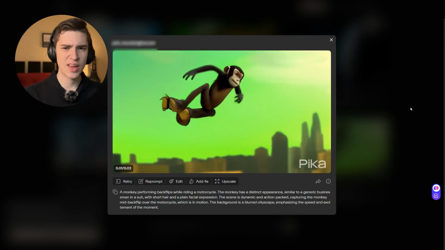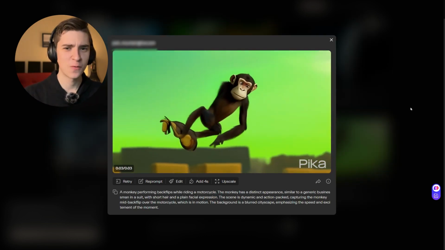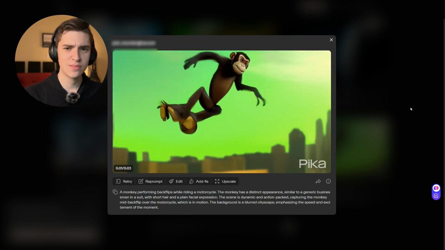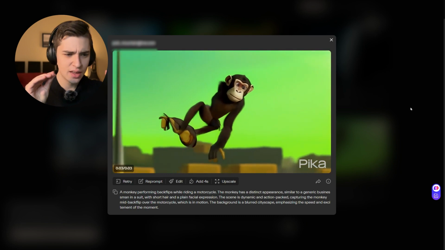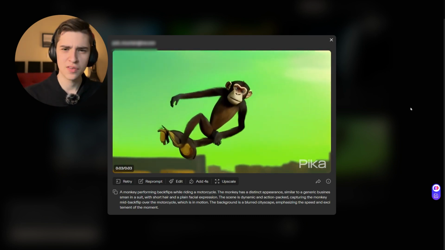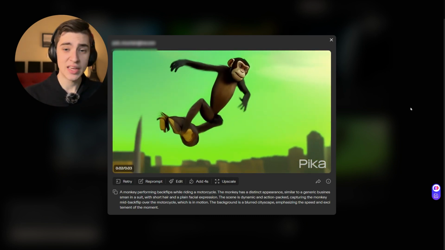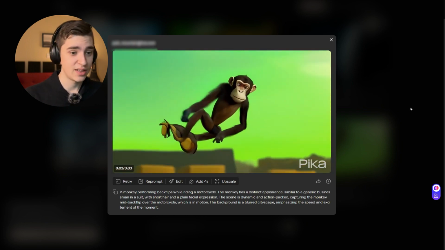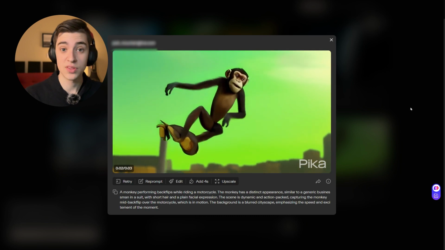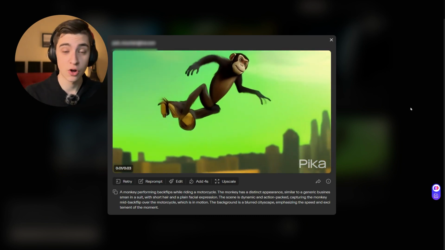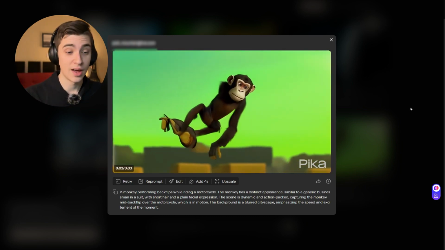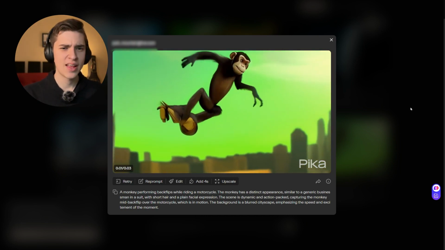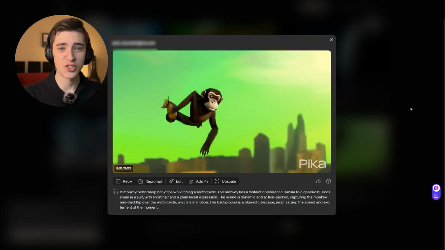Now this one here is a little bit wonky. I asked it for a monkey performing backflips while riding a motorcycle, and it seems like we have a very, very tiny looking motorcycle. I don't know if you can even call it that. And a monkey who's obviously spazzing out in 7 different dimensions. He's clearly going through the void right now. This is something Matthew McConaughey in Interstellar going through the wormhole would have experienced. Either way, it's safe to say that the technology is not all the way there yet, and sometimes it can be pretty comical what it actually creates.